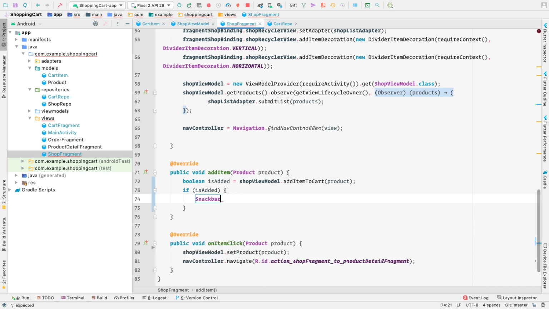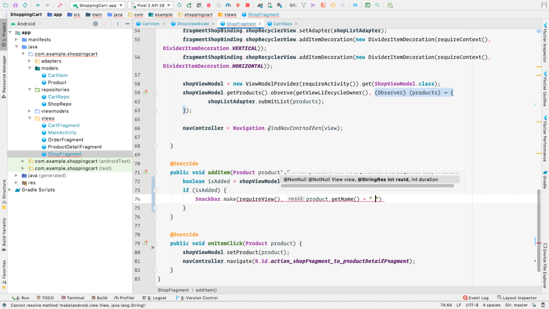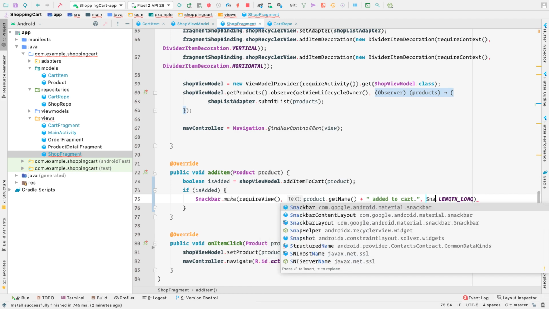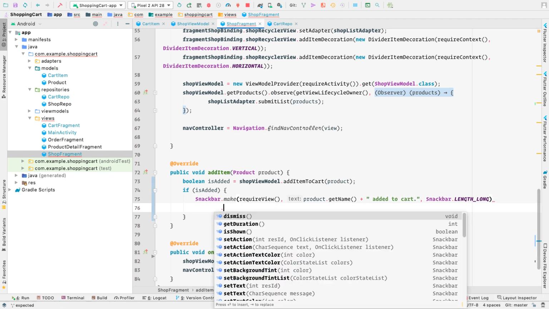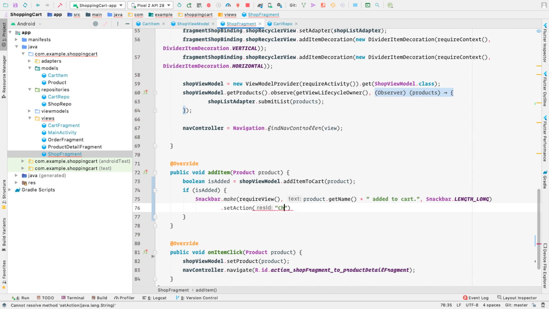bar dot make, and here for the view we can simply pass in require view, and then we can simply say product dot get name plus added to cart, and then finally we can make the length of the snack bar to be snack bar dot length long. Then we also want to set an action to this snack bar, that is to go to the cart fragment. So set action, and here we can simply say checkout,